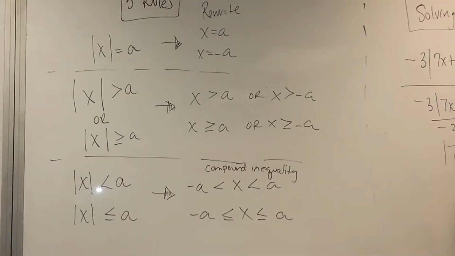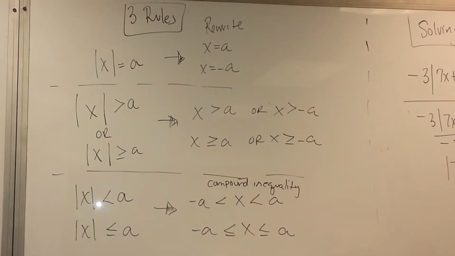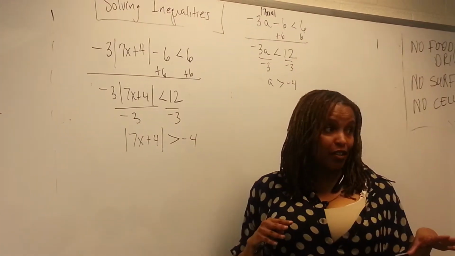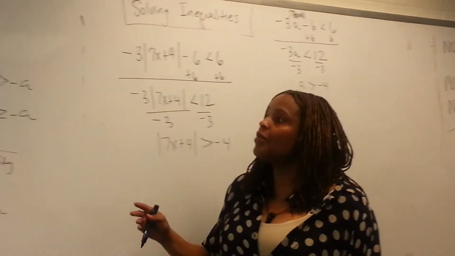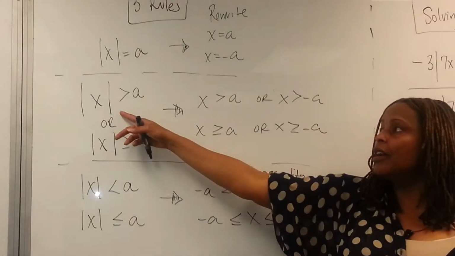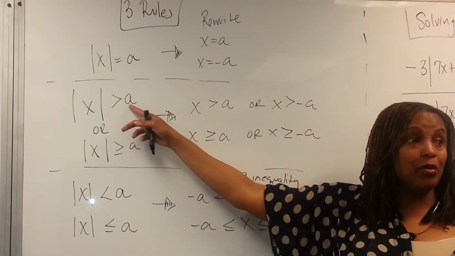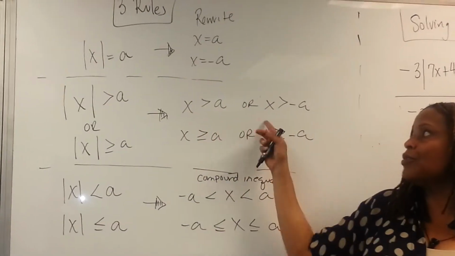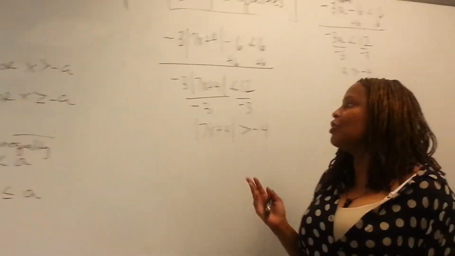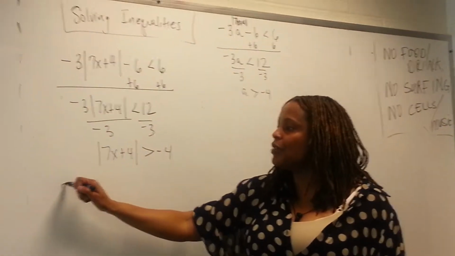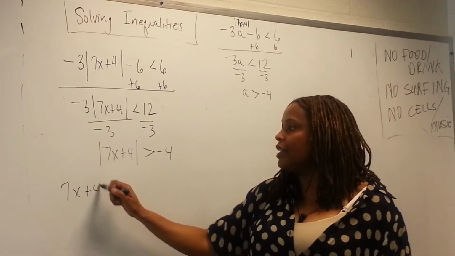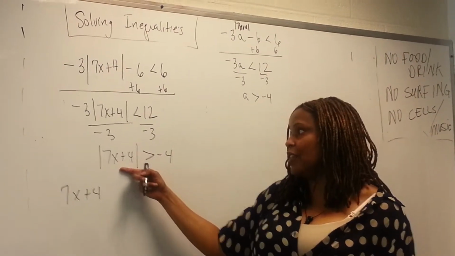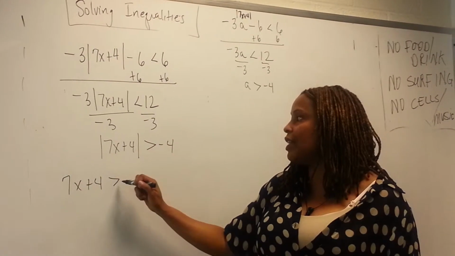Because when you have the absolute value of something greater than, it follows a specific set of rules. Okay? If you have the absolute value greater than a number, then you follow this rule. So you always have to do a rewrite. The way that you would rewrite a greater than is whatever's inside the absolute value, 7x plus 4, is greater than,